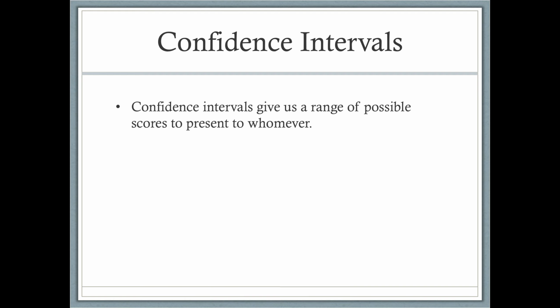Confidence intervals give us a range, and that helps. So imagine, and I think I have this example coming up, parents who want to have their child tested maybe for giftedness. The child does not reach that threshold. When I was in school, it was called gifted and talented. They didn't reach that. They're a great student, all that stuff is there, they just didn't quite meet the mark for giftedness. Mom and dad say that's impossible. He's so smart, right? He's got to be gifted.